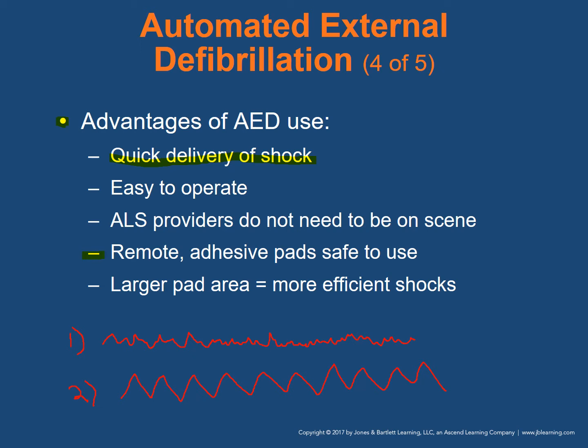In fact, let me make a little disclaimer. VTach, the second rhythm that you see here, can have pulses, but of course we know that we're only using the AED for pulseless VTach because we're only applying the AED to patients that are pulseless, apneic, and unresponsive. So pulseless VTach, number two, and VFib, number one, are both lethal rhythms. These are the rhythms that the AED is trying to identify. So both of these, you would get a shock advised